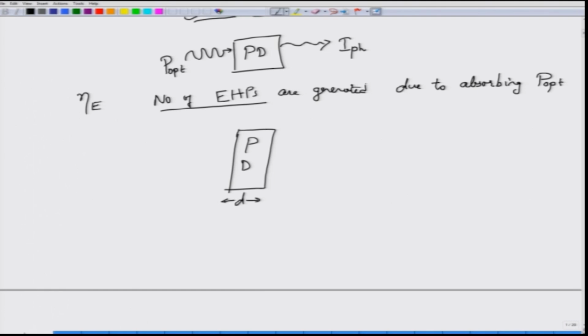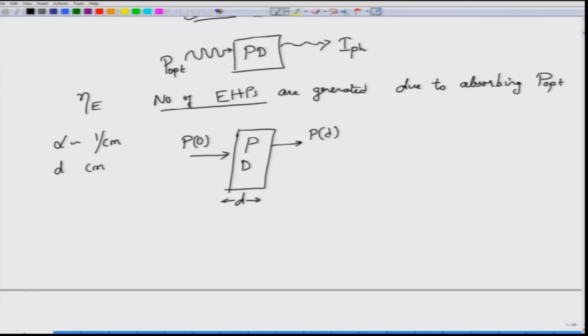It turns out that at the simple level, absorption is dependent on two quantities. One is called the absorption coefficient of the material. This absorption coefficient is typically measured as 1 over centimeter. So, if I take a thickness of d centimeters, then I know that the power absorbed will be dependent on alpha and d. In fact, you can find out that if at the input you are coming in with a certain optical power P at 0, the power that you get at the output will be, after absorption,